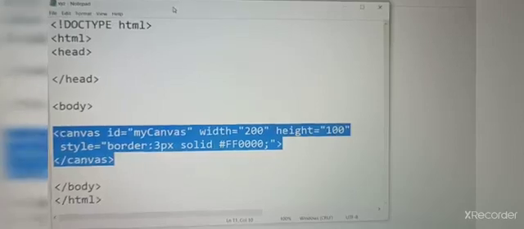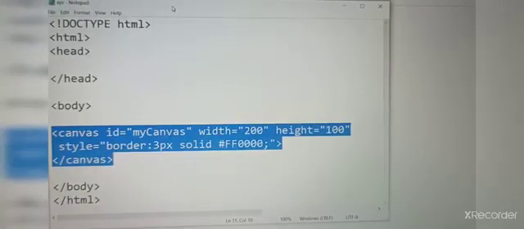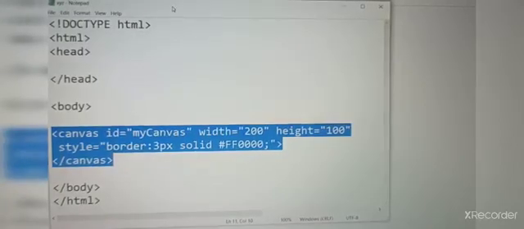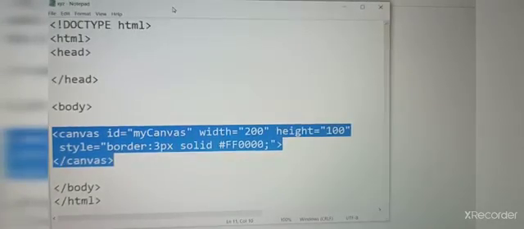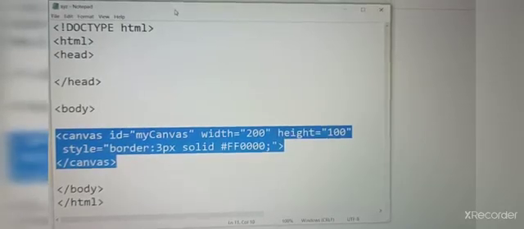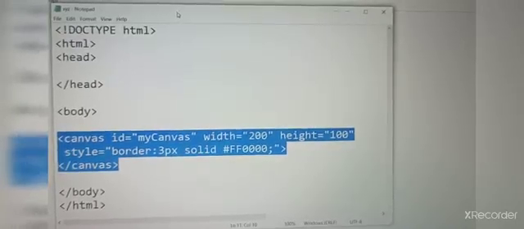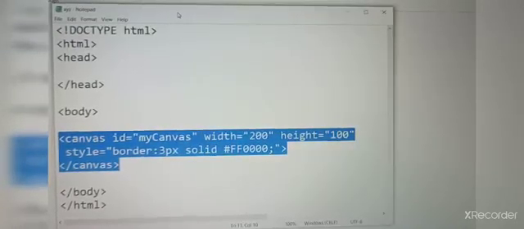We have written an HTML tag for canvas where we have given id equal to myCanvas, a width, how much width it needs, we also give a height, and we also give a style: border, how much width of that border, then solid, and which color we are giving.